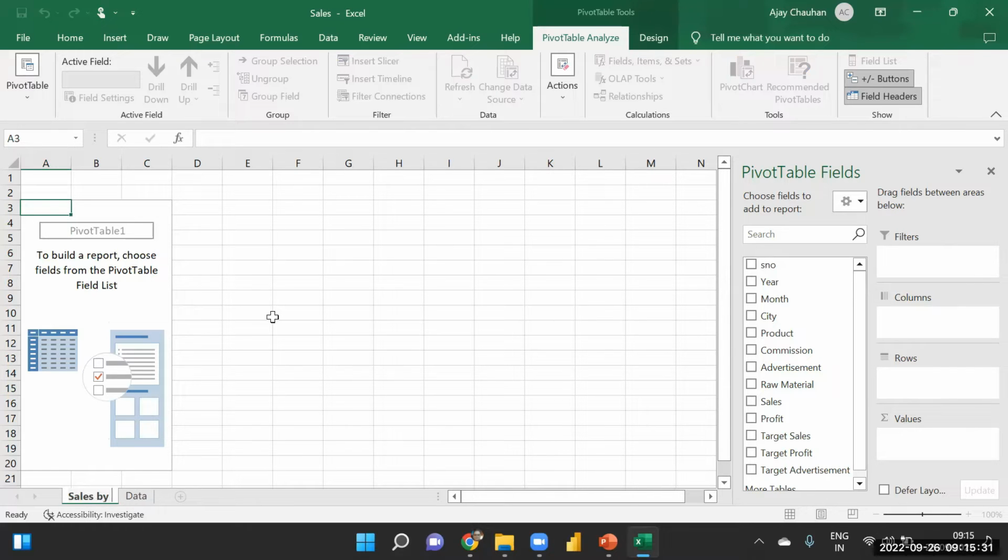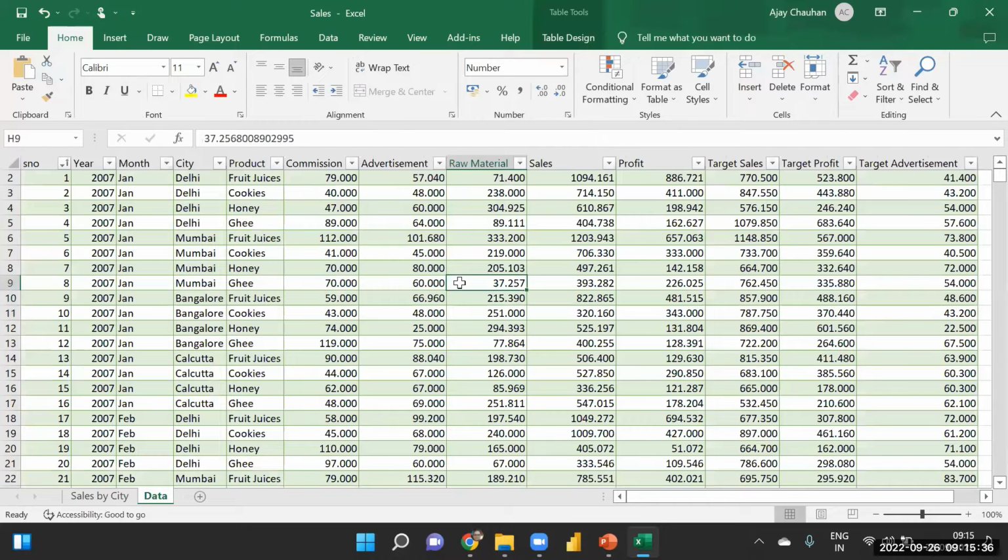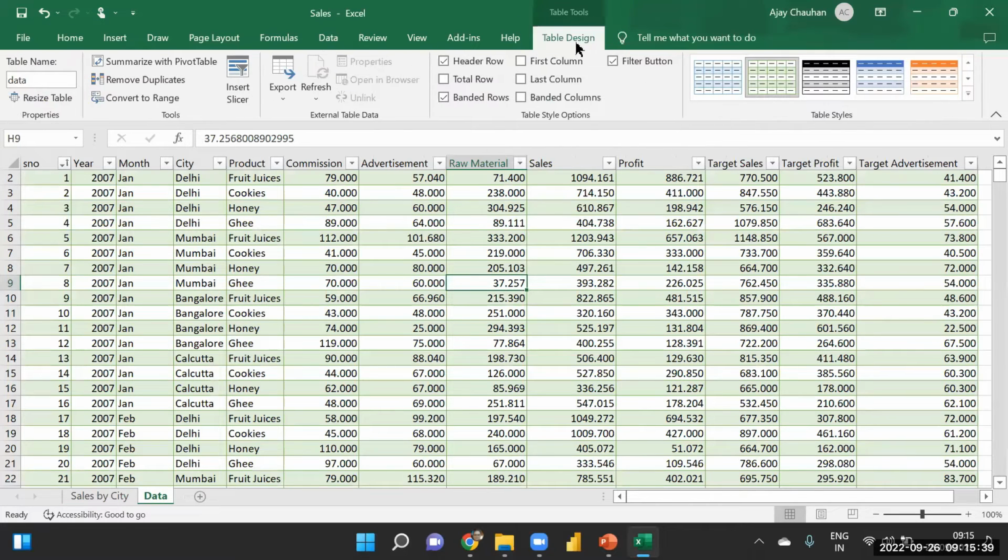Sales by city. Now again, I go back to the data set. And if you go to the table design, you can check the first header row. By checking this, it means the first variable is the name of the variable, and you can give the name of the data or table. So basically, I give the name data to this table,